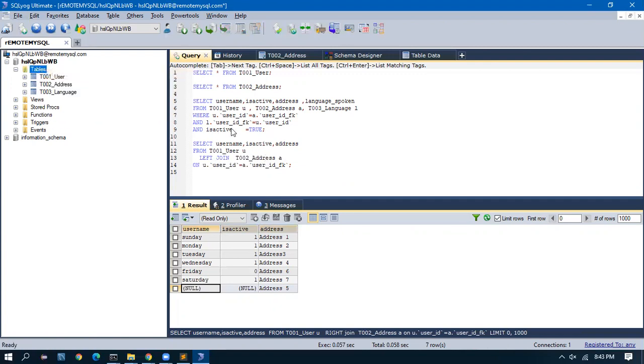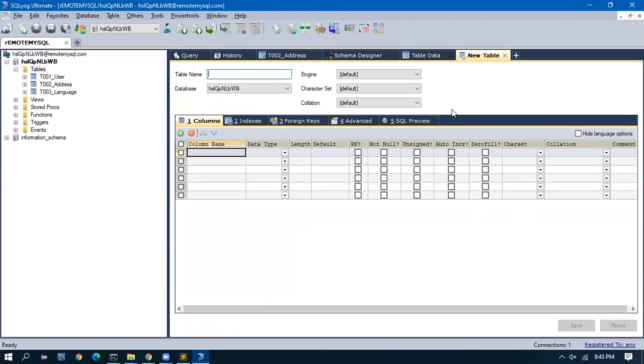Let us say I have one table as T003 payments, and I'm going to have a payment ID which is integer and the length 10, primary key, auto increment, and status, which is varchar of 10, and the amount.